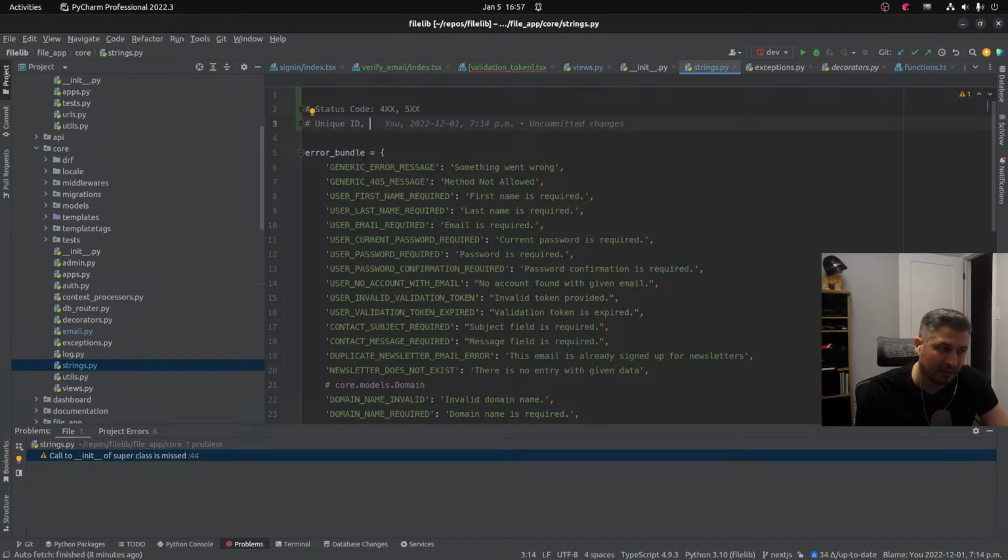Minus 999, so it's like 9,000 error messages, right? It can start with 1,000 to 9,999. Would I ever cross that threshold? Most likely no, right? And maybe I can categorize them with a prefix of a letter, right? Which would still give me almost 10K of error messages,